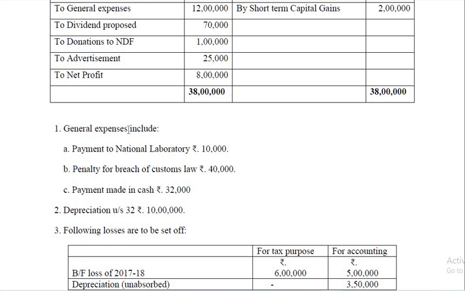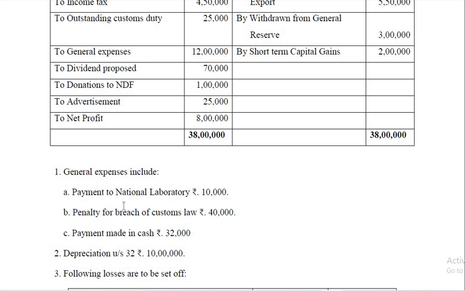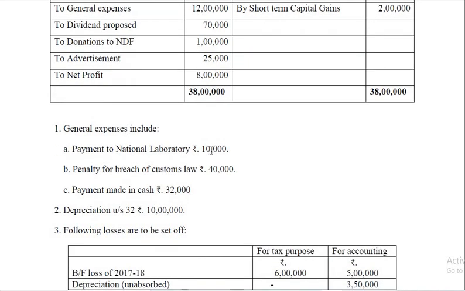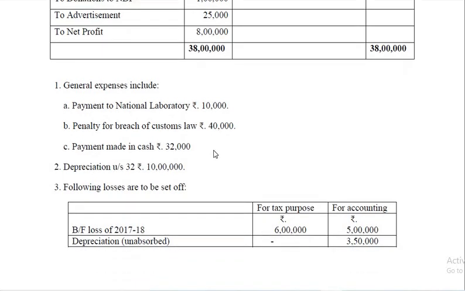Profit and loss account is given. Further, some additional input is provided here. You find general expenses, say 12 lakh. Of that, payment to National Laboratory is 10,000. This item is allowed, but not 100%. It is 150%. Weighted deduction of 150% is allowed till this year. Next year onwards, it will be 100%. Anyway, this year it is 150%. Therefore, 10,000 should be added back while computing business income, and deducted at the rate of 150% of this, that is